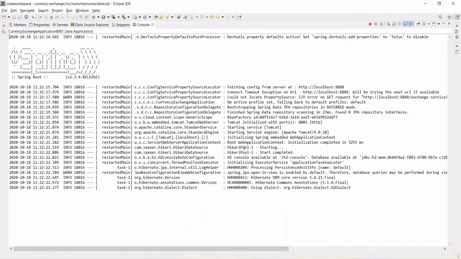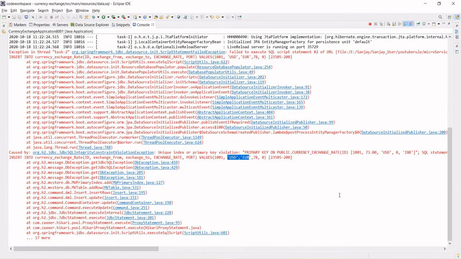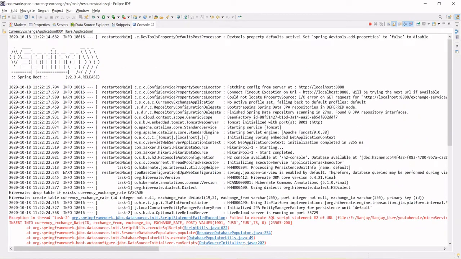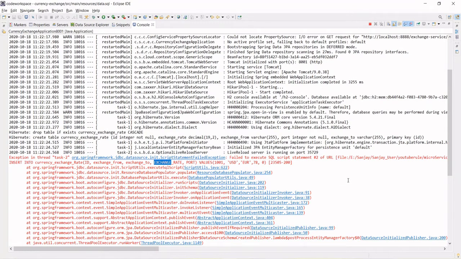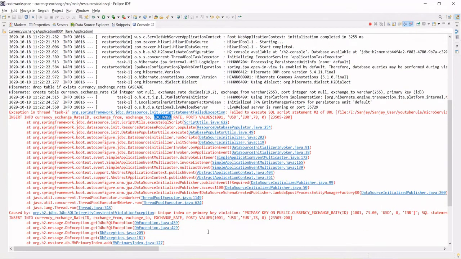See the H2 console got created, now it failed again. The table that is getting created, we are not matching exactly. Exchange rate now is fine. Exchange from, exchange to are good. What is the error?